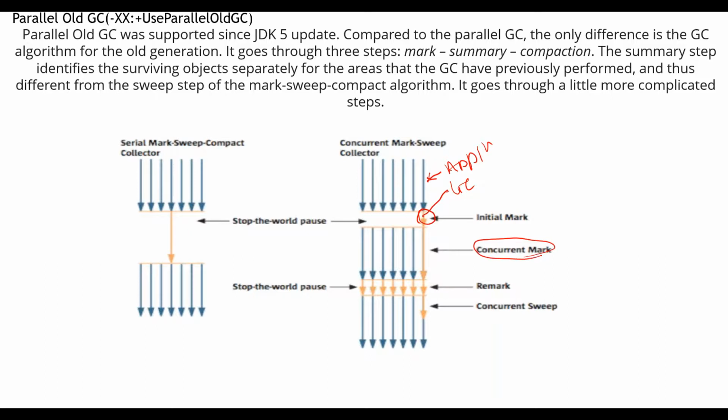So what is the concurrent mark? Concurrent here means the GC thread is running along with the application threads. You can see these blue threads as well as the orange, right? That means the application is progressing. Whatever the business requirements are, whatever business processes have to run, they are continuing the job. At the same time, the GC thread is also running and marking the objects that have to be collected from the heap.